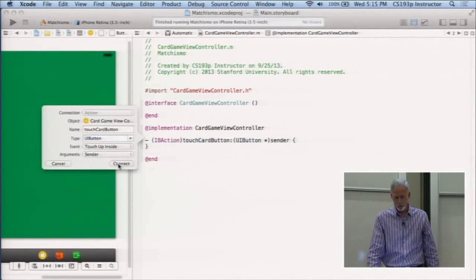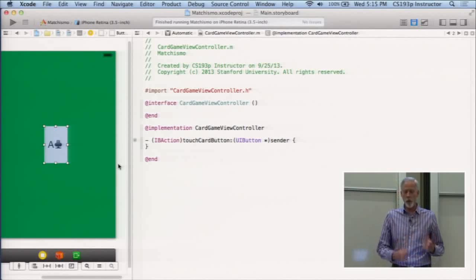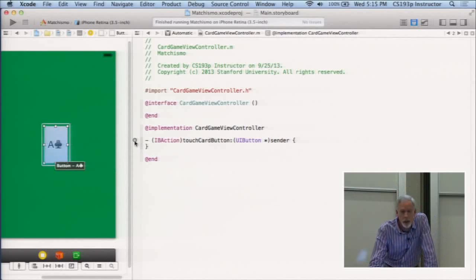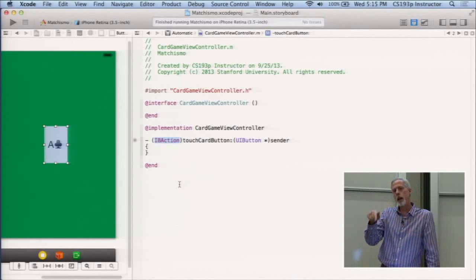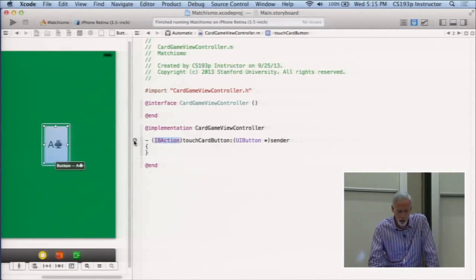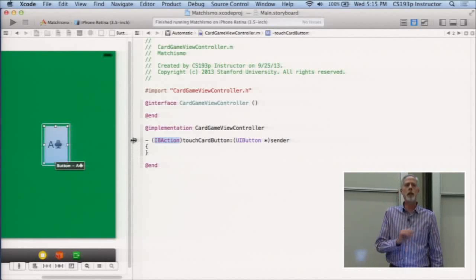So when I click connect, it creates a new method. And that method is wired up to that button. In fact, you see this little round circle? If I mouse over it, it'll show you that's what it's connected to. Okay? So this is just a pretty normal looking method right here. The return type, IB action, that's actually typedef void. This method actually returns void. The reason that Xcode puts IB action there and typedefs IB action to void is just so that it can tell which methods are target action, so that it can do stuff like this, the mouse over. But the compiler ignores